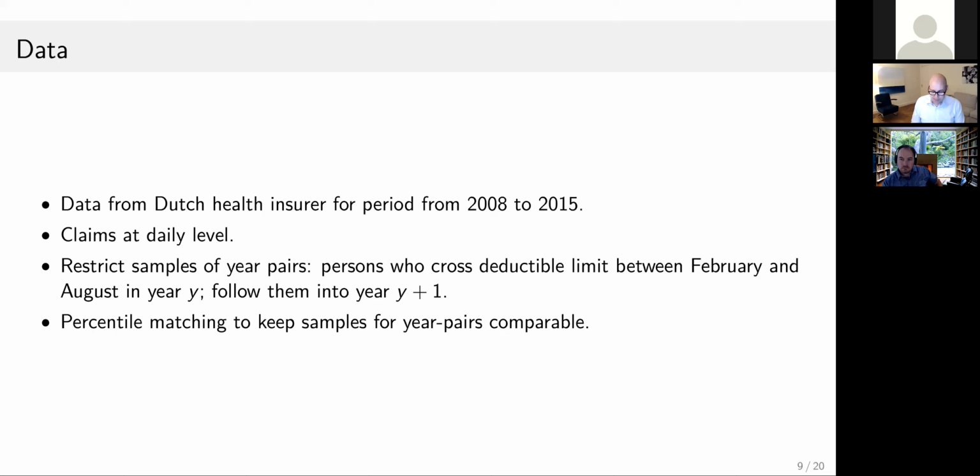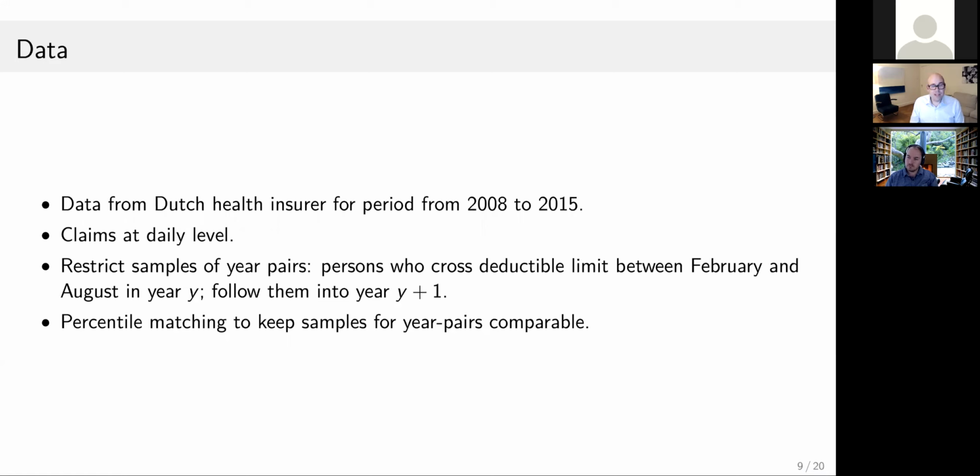what we do is we say, okay, in 2014 we get the lowest number of people, in the sense that we only get the top 38%. So in 2008, instead of taking the top 47% of the spenders, we also only take the top 38%, and we don't use the other ones who have actually hit but do not belong to the top 38% of the spenders. So put differently, in each year we basically take the top 38% of the spenders, and that means that they're comparable across years or year pairs, because